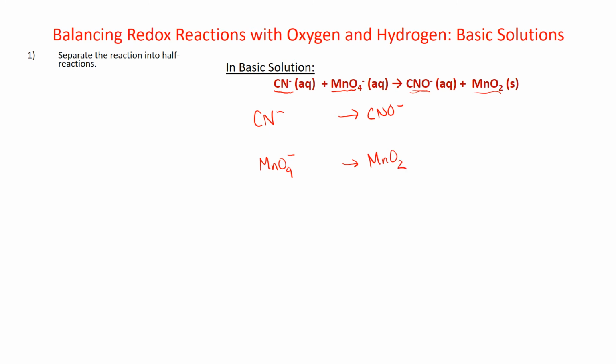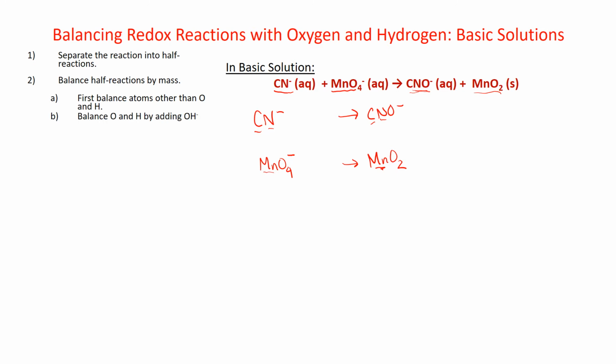Okay, now I'm going to balance these half reactions by mass. I'm going to balance everything other than oxygen and hydrogen first. So I have carbon, I have nitrogen, and I have manganese as well in these half reactions. But it turns out that in this example, they're already mass balanced. I have 1 carbon on the left and 1 carbon on the right in that first half reaction. I also have 1 nitrogen and 1 nitrogen on left and right for the first half reaction. And in the second half reaction, I've got 1 manganese and 1 manganese on each side of the arrow. All right, so they're mass balanced, and we can go ahead and start balancing the oxygen that we have present